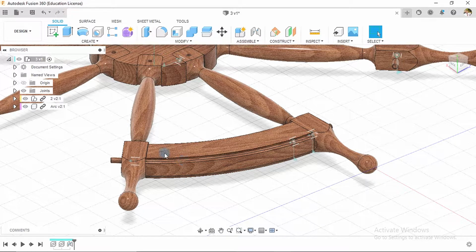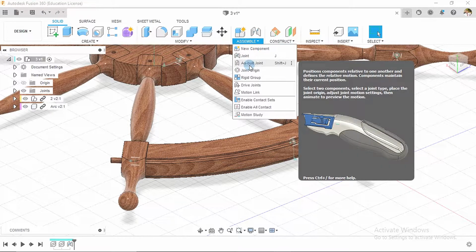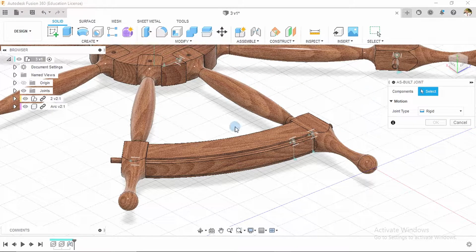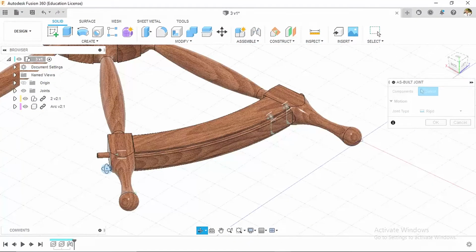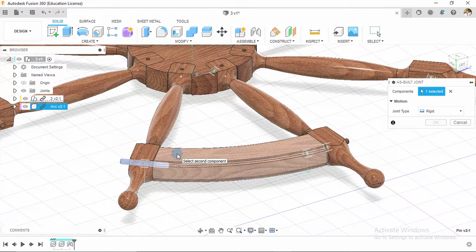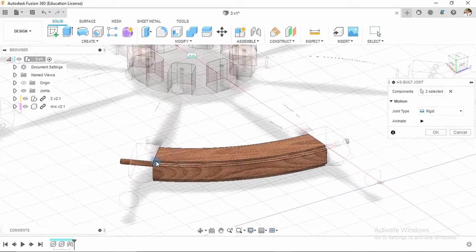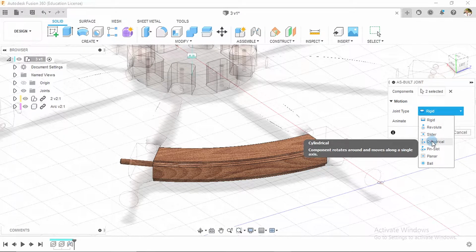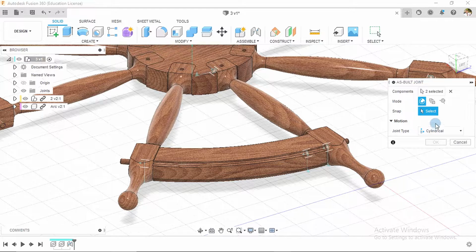However, since this is already in its proper position, what we'll do is we go to assemble and say as built joint. So we do not need to select like the way we did previously, which all we need to do is to click on the two different components that the constraint should be between. So I select on this, select first component and select the second component. So as built joint, and we could make it cylindrical and say snap